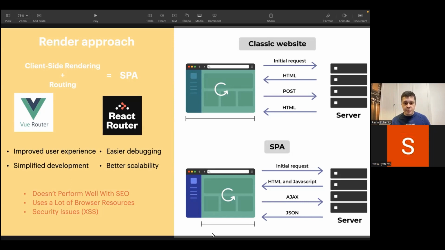The idea was pretty simple. Instead of making multiple requests to the server, where you make a request and the server responds with an HTML page, you just get one page with built-in JS, and JS manages everything that you need to see in your application.